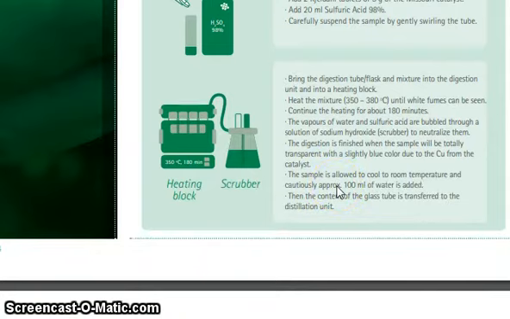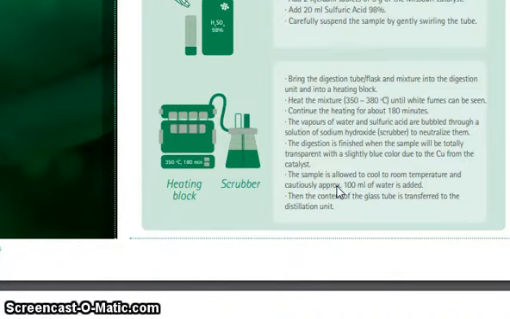Now bring the digestion tube flask and mixture into the digestion unit and into the heating block. Heat the mixture to 350 to 380 degrees Celsius until white fumes can be seen. Continue the heating for about 180 minutes. The vapors of water and sulfuric acid are bubbled through a sodium hydroxide scrubber solution to neutralize them. The digestion is finished when the sample is totally transparent with a slightly blue color due to the copper